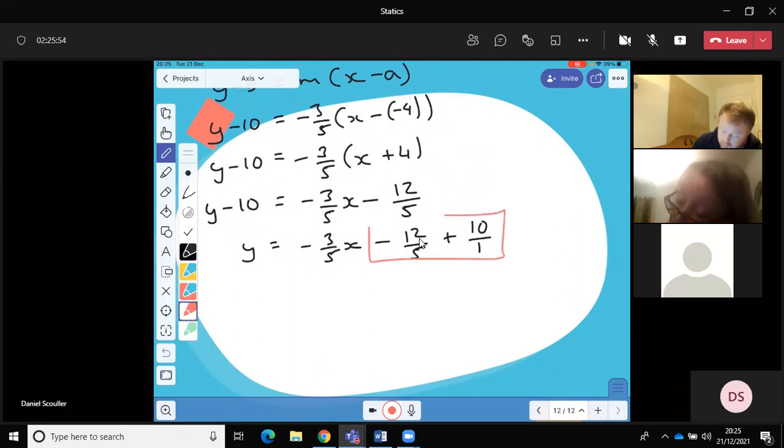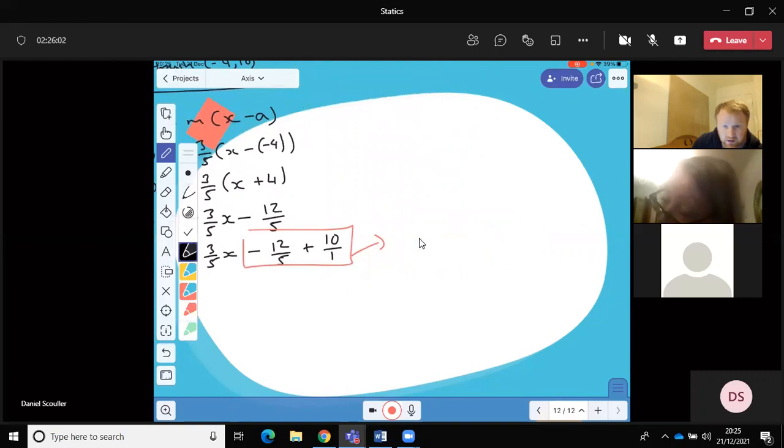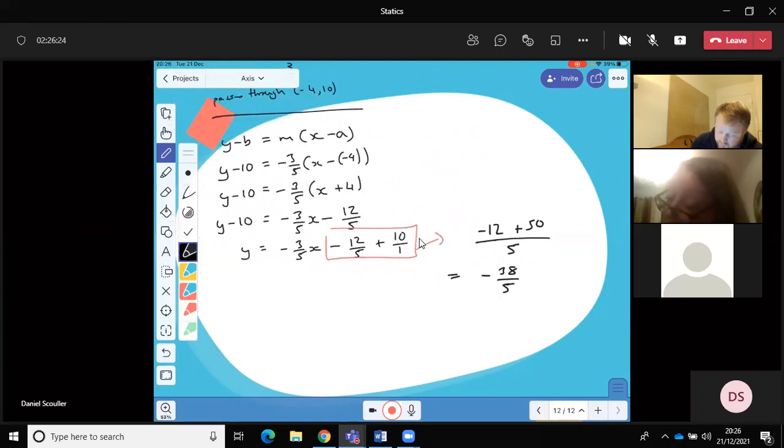Take that over to one side. So we're collecting like terms. That becomes negative 12 plus 50 over 5. That goes back in. It's odd, but